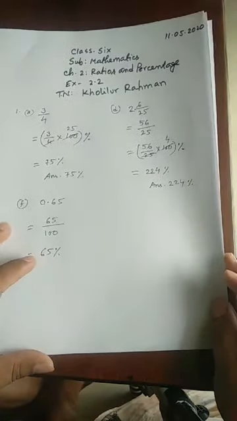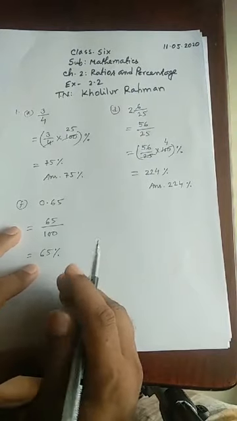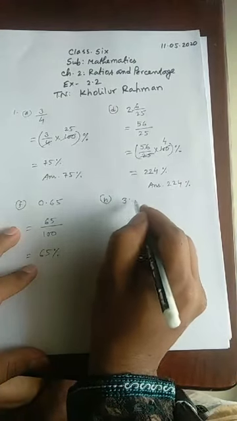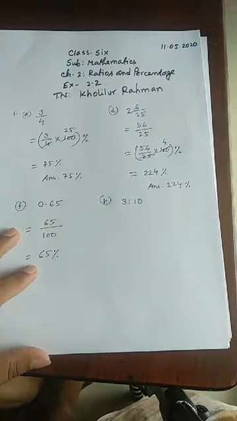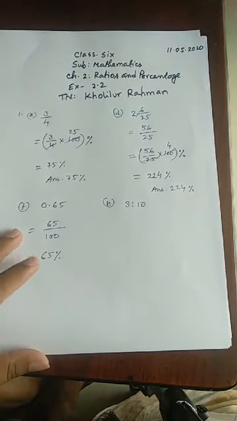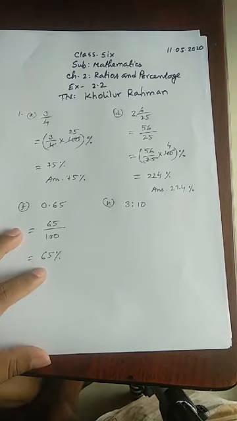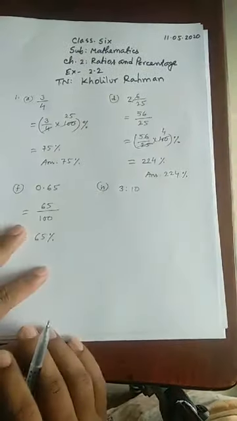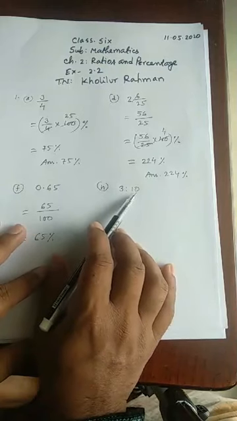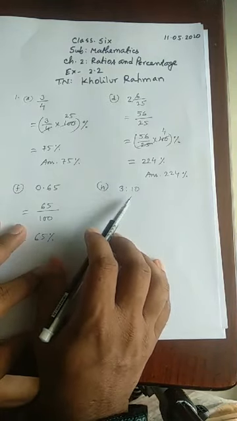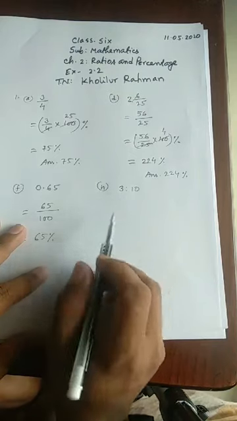And next I am solving the number which has a ratio. 3:10. So you see 3:10, a ratio is a fraction. In last class I told you a ratio is a fraction, so you can write it as a fraction. The first one is called the antecedent and this is called the subsequent. Antecedent is considered as numerator and the subsequent is considered as denominator. Am I right?